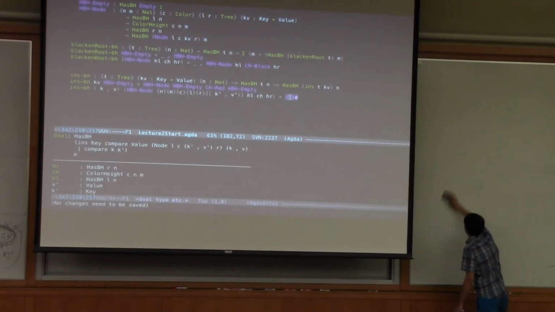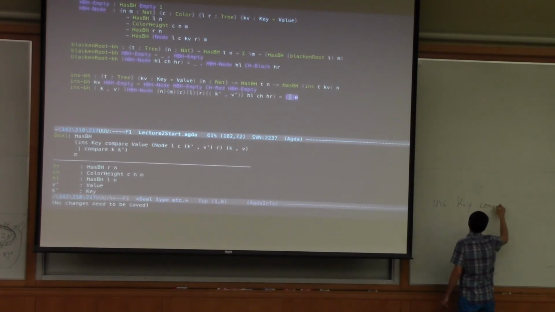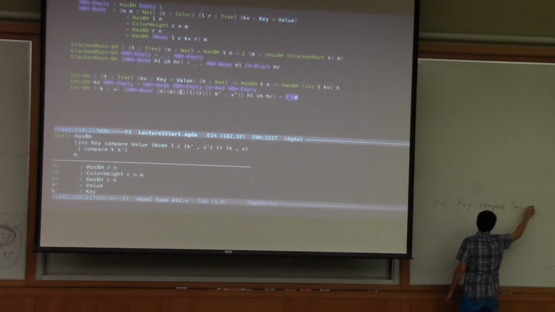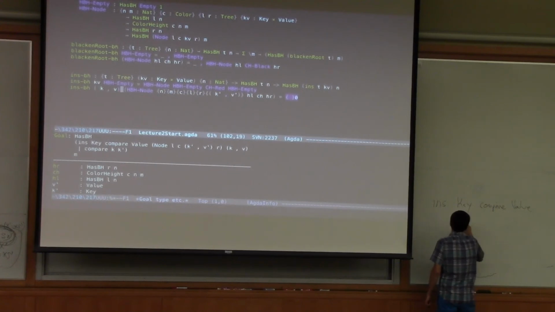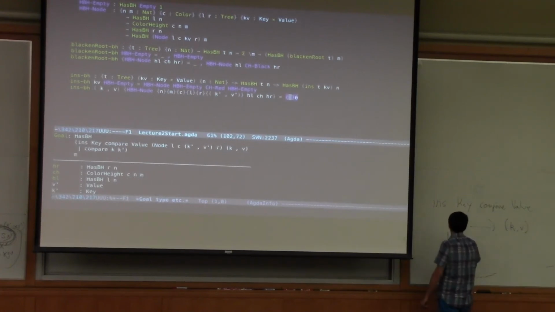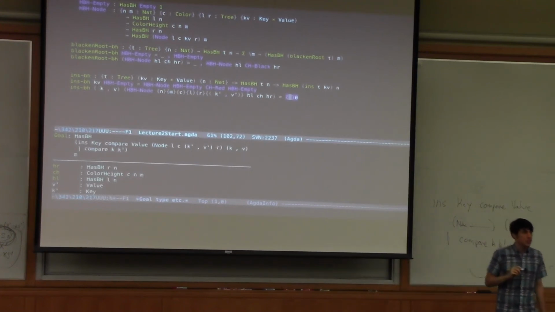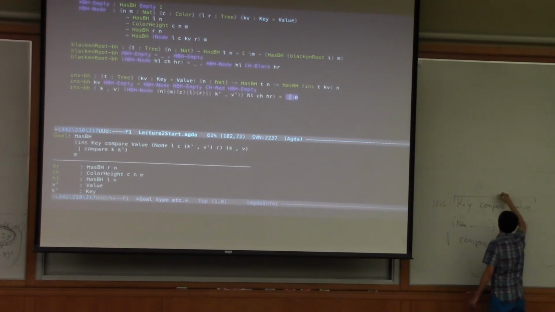So here what we have is ins of key compare value, node of stuff, and then KV, bar compare K prime. Okay? So that looks a little bit longer than you might expect, so let me explain the new pieces. So these key compare value are just the modules